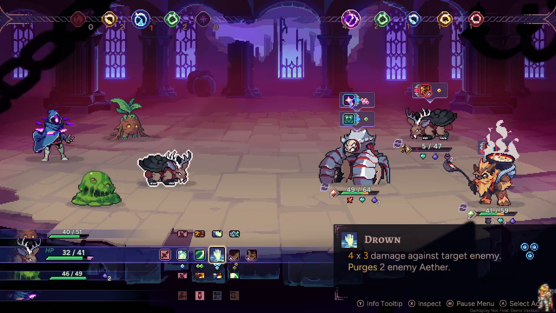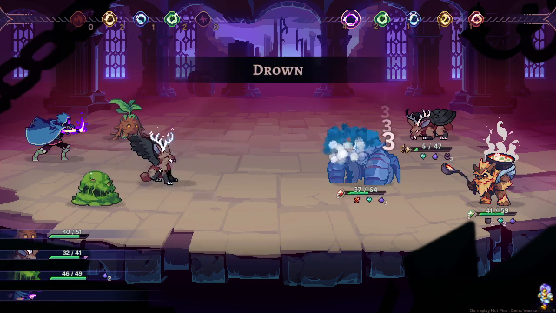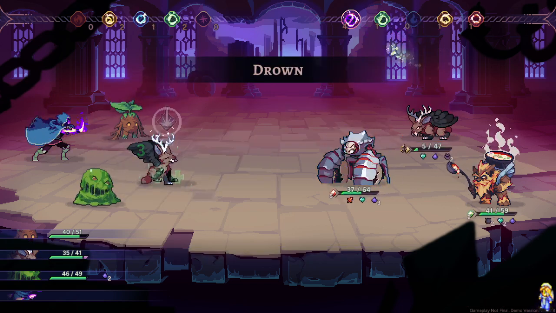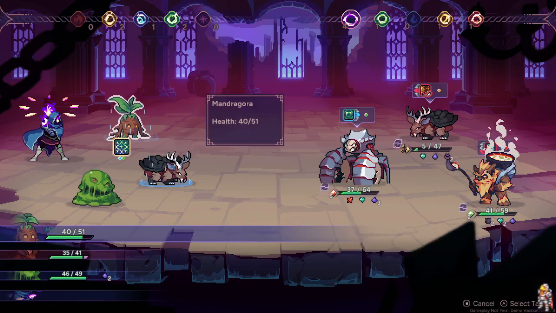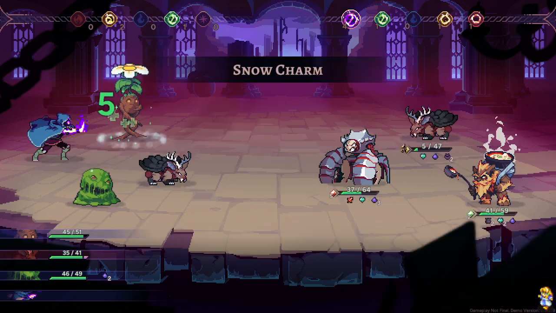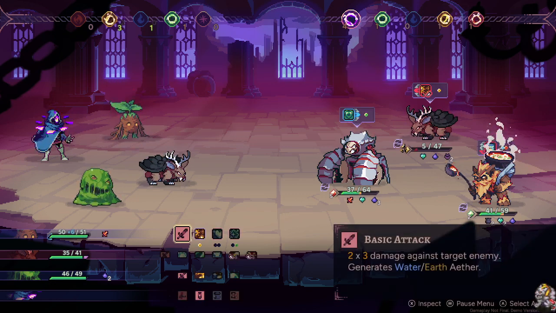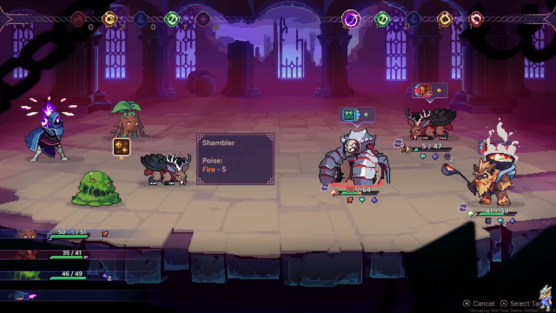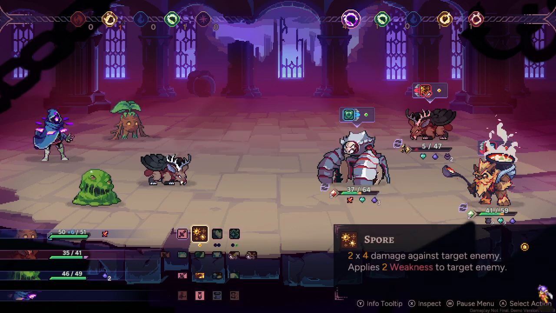I don't know yet. But this guy is about to do some fancy moves, and we can do our double Aether Purge on this guy, so let's get rid of those. Alright, now he's down to 1 move. Now we can Snow Charm you, give you a little bit of extra shielding, then we'll be okay with a couple of basic attacks, I think. Probably apply some weakness to maybe this guy, because that's...